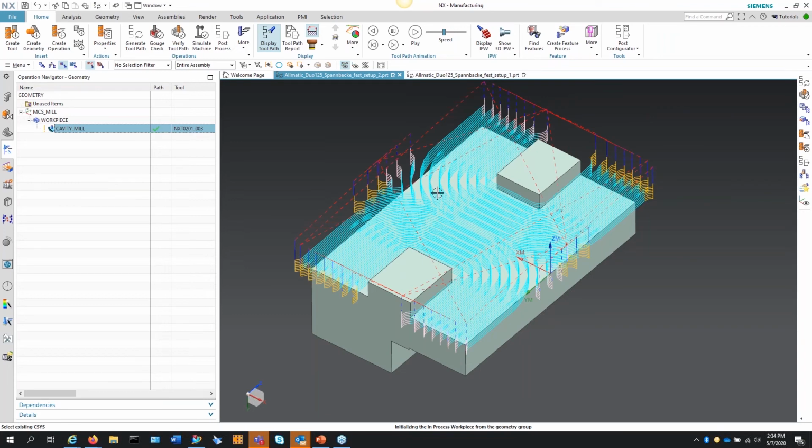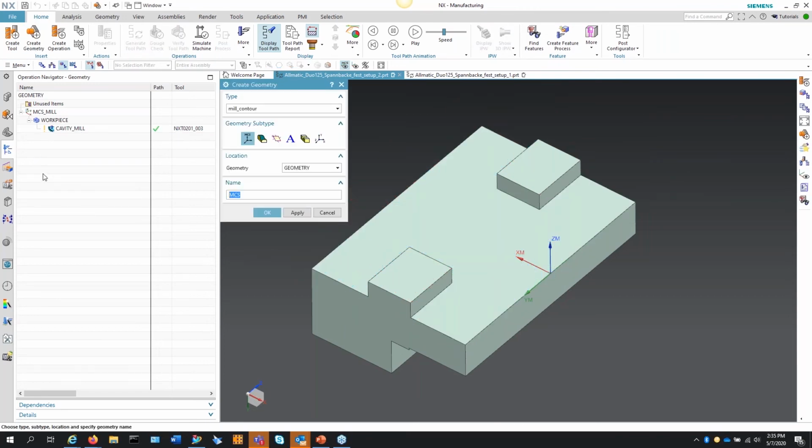But now how do we catch up? How do we finish? You always have to finish your part on the design data, the designer's design data. So how do we do that? Create geometry, workpiece,